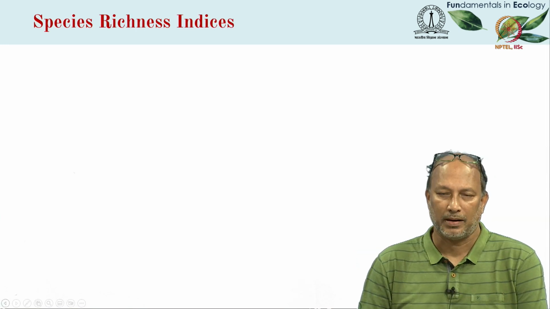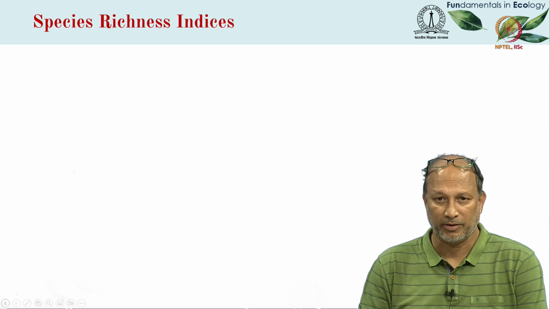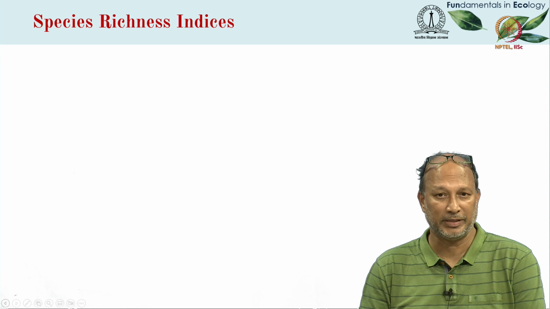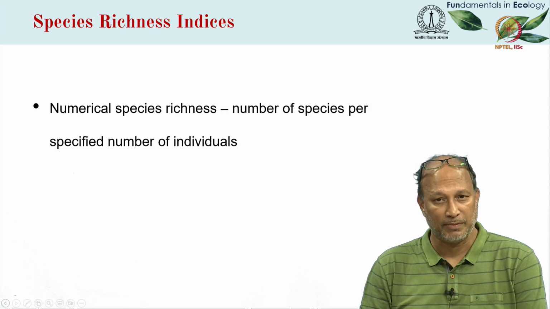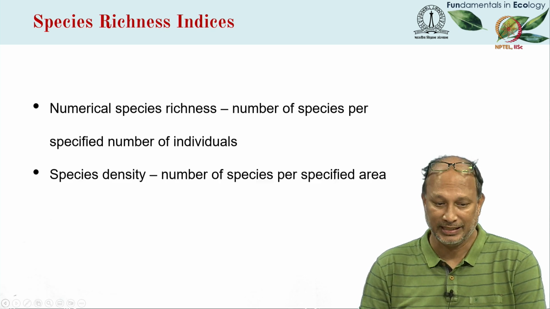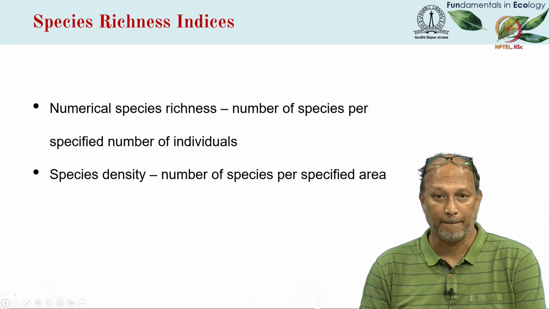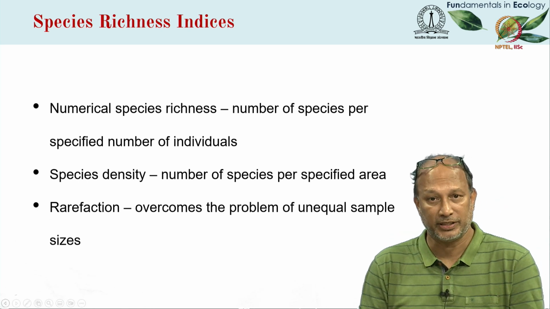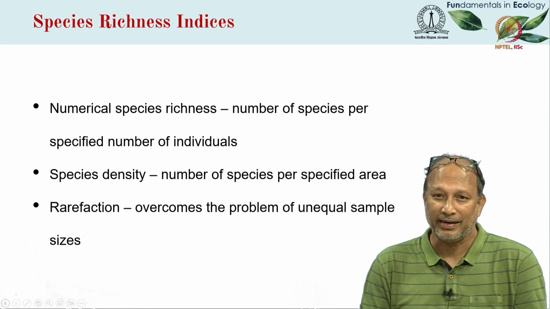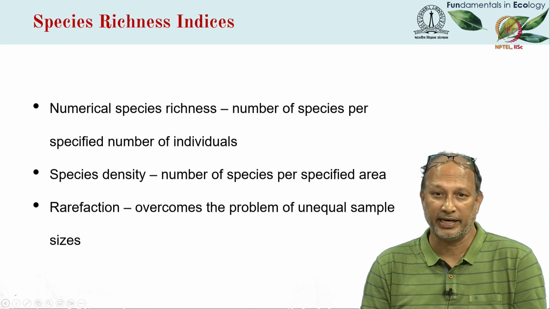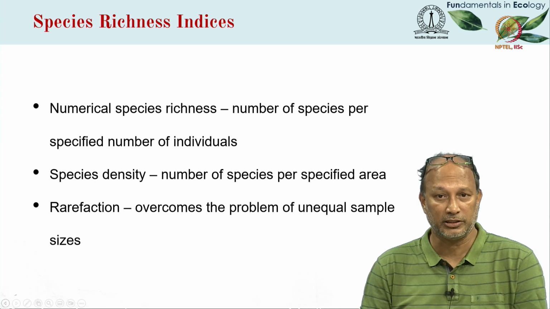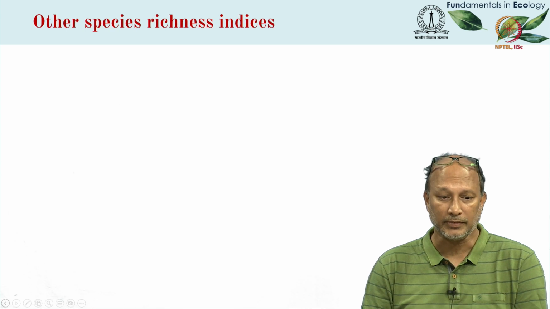Before we get into the issue of species relative abundances and associated indices of diversity, there are some simple ways to standardize species richness itself. Sometimes people use numerical species richness, or the number of species per specified number of individuals; species density, the number of species per specified area; or, as we saw yesterday, we can use rarefaction to overcome the problem of unequal sample sizes. These are rarely used because of the relationship between richness and abundance. Not all species are equally distributed or equally common or equally rare. Nevertheless,